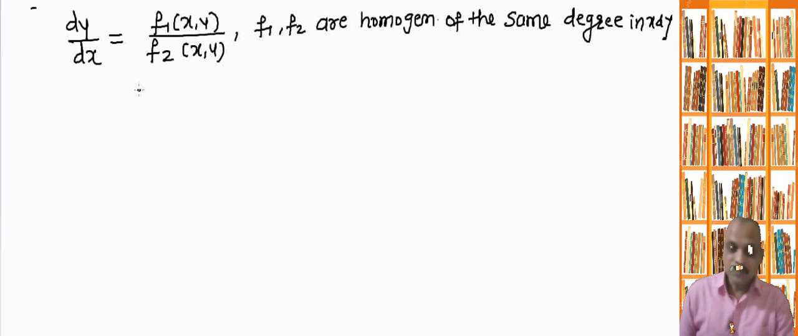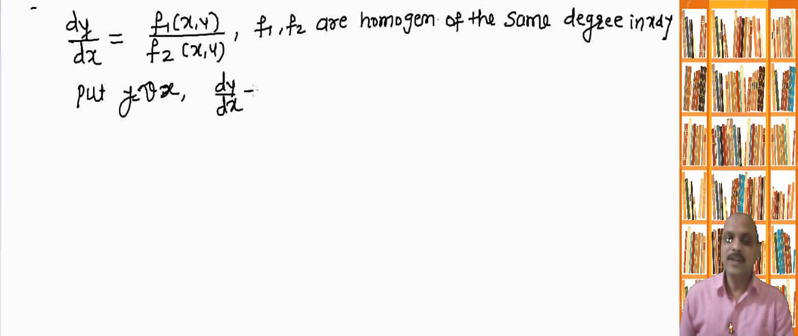To solve this equation, substitute y equal to v into x. Differentiating this, we get dy by dx equal to v plus x into dv by dx, so that this equation reduces to v plus x into dv by dx equal to